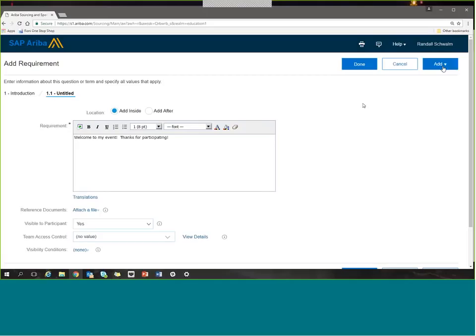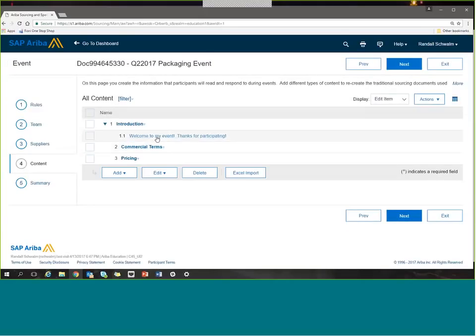And from here, I can either add additional things. So I might also want to put a question into the introduction. I can do that directly from here, or I can click on done. And it's going to add my requirement into the introduction section. So I've got an introduction and it says, welcome to my event. You might also provide other requirements with instructions on how the event runs, how they're expected to respond to the particular event, any timing guidelines or content along those lines can be added